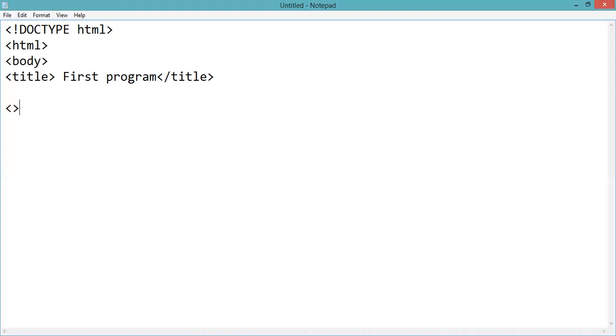The entire program that we are going to do right now is in elements. Element defines whole HTML documents. Okay. So in this we will work on headings and paragraphs. For example, heading